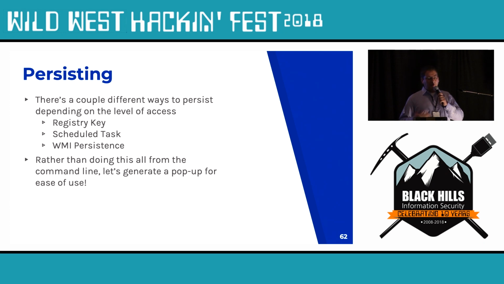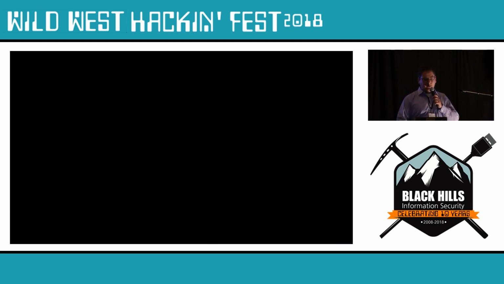There are a couple of different ways to persist on a system. Everyone's persistence 101 is basically a registry run key or some sort of scheduled task. Some newer persistence techniques are like WMI persistence, which Matt Graeber really talked about. I believe he made this persistence mechanism popular in his Black Hat 2015 talk about weaponizing WMI. But the problem is that multiple steps are needed to build out your WMI-based persistence. So rather than doing all that manually from the command line, let's automate exactly what we can and create a pop-up menu.